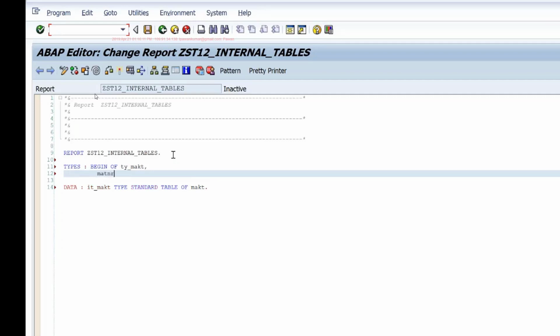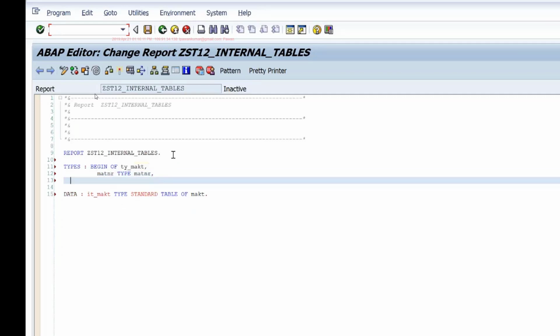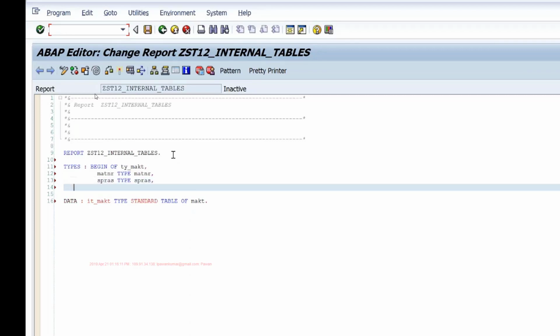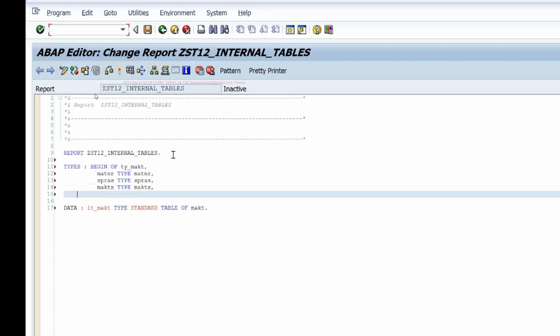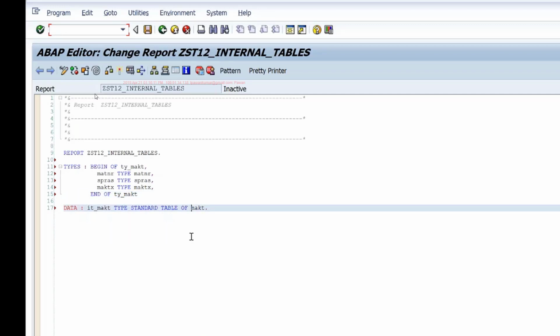Let's say matnar type matnar, spras type spras, MAKTX type MAKTX. Let's assume these are the 3 fields of my internal table, and I'll refer my table to this TY MAKT.